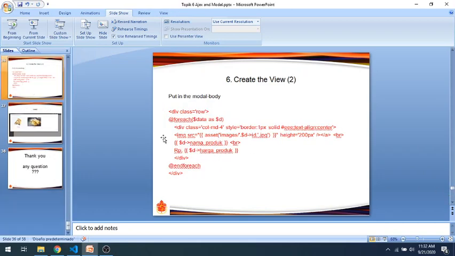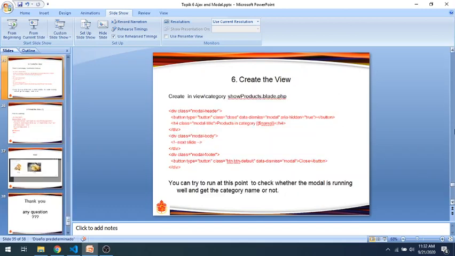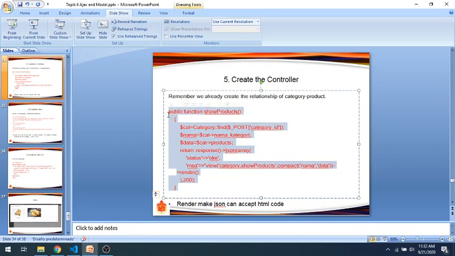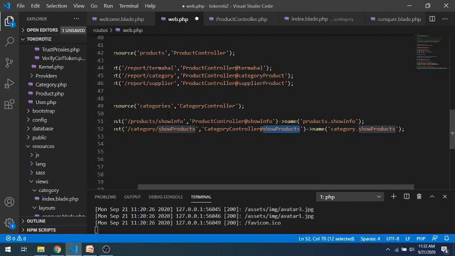We loop and create the product with the photo, nama produk, harga produk, and the picture of the product. Okay, so we can put it in the category controller.